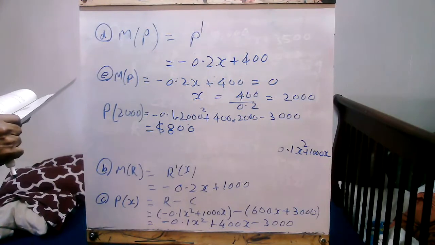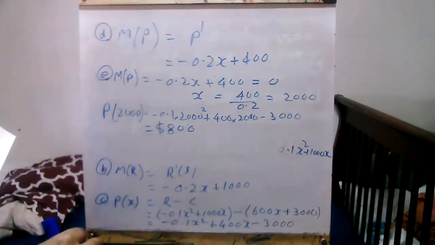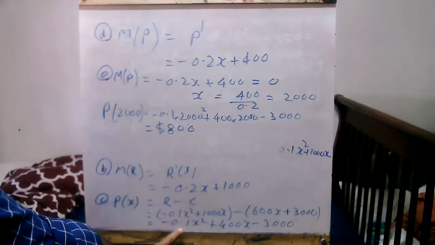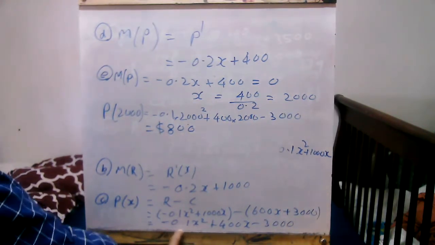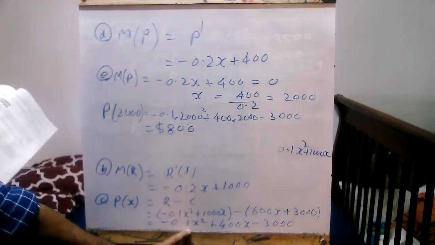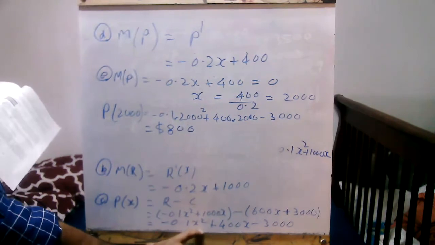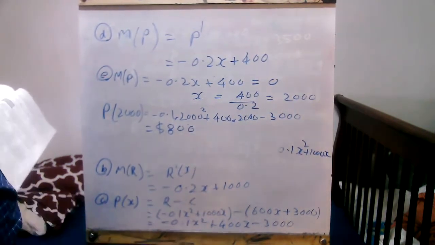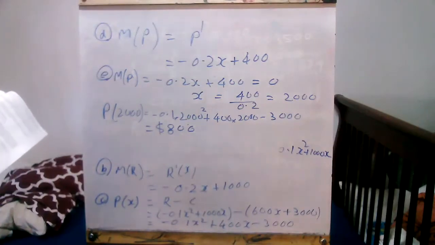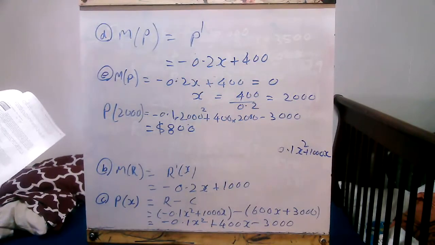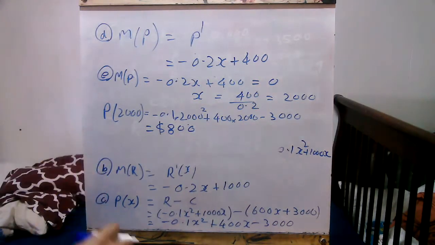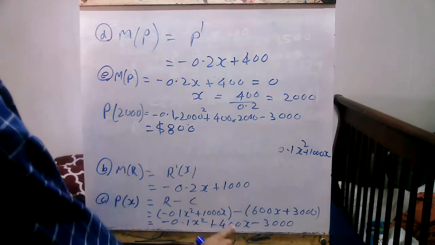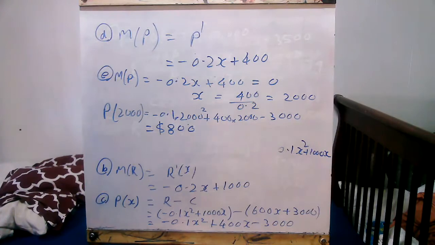Okay, F. Sketch the profit function. Profit function is this. Look at this graph. Look at this equation. Negative 0.1 x square. X square gives us a clue. It's a parabola. It has a negative coefficient. That means it opens downwards. It opens downwards. If you do the parabola,